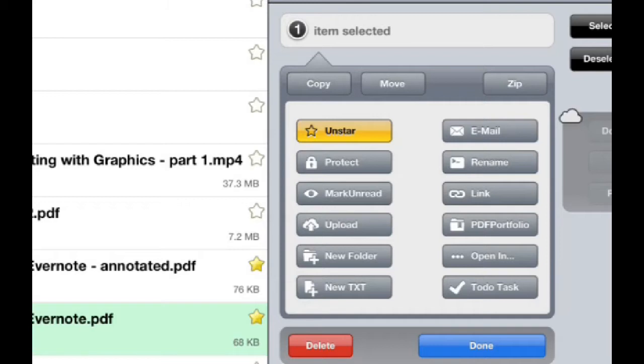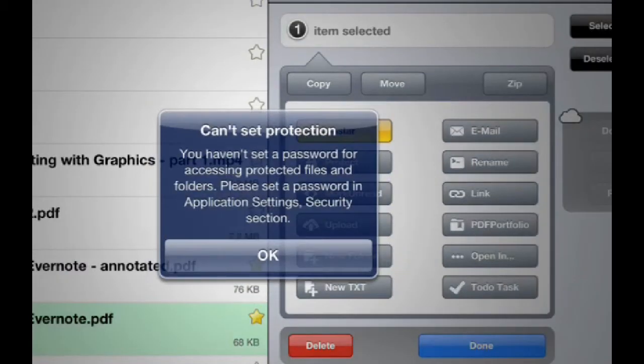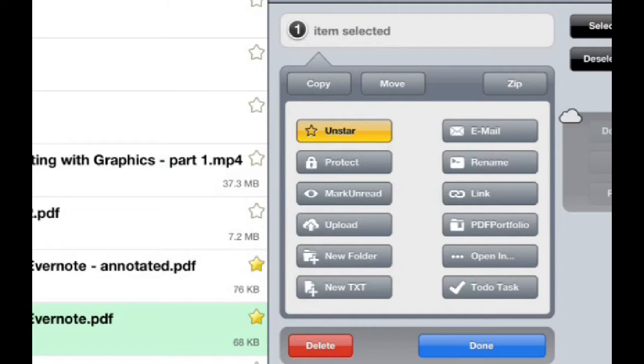I can mark it as read or unread. To protect it, I need to actually, in the settings, put in some sort of password security. So protected means putting in a password for accessing that file, and I actually haven't done that protection setting, so I can't demonstrate that one. I can upload that file to either a cloud storage solution or to my computers, whatever I've connected in the servers section. I can create a new folder and then move that file into that folder, create